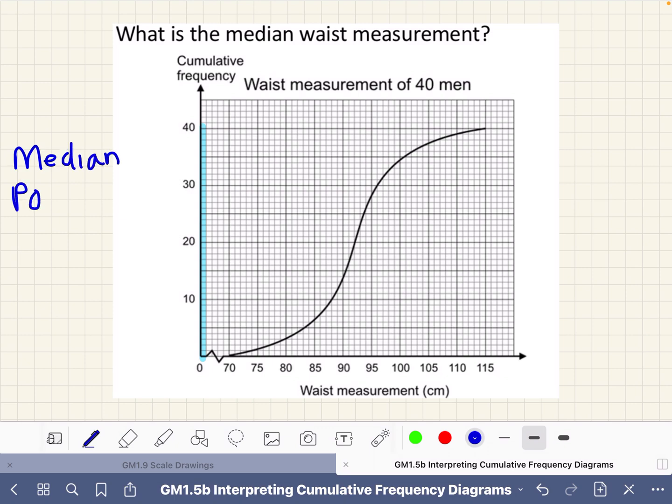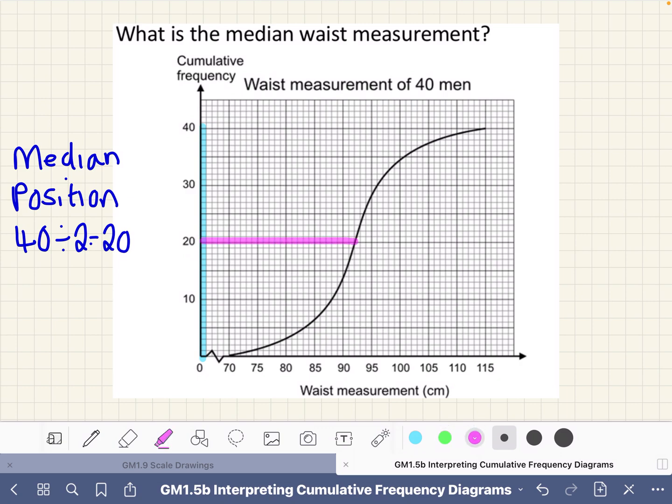So the median position, remember, is the total of 40. We're splitting it into 2, which gives us a reading of 20, which we can see here is the middle of this cumulative frequency axis. Looking now to make a reading, we are going to go across from the 20 to